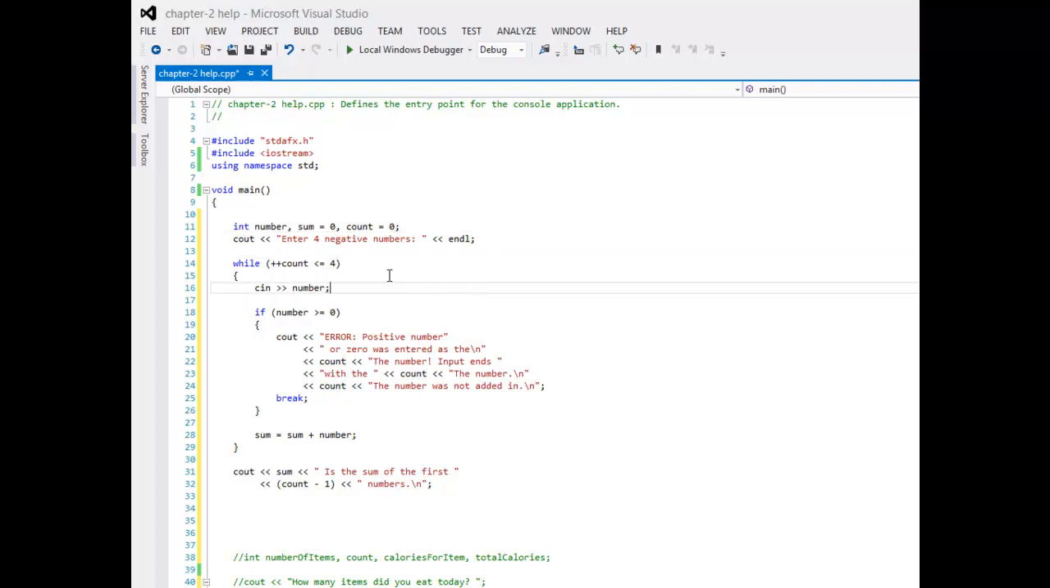So we want to do 4 negative numbers. If a number is less than 0, it gets added. If the number is greater than 0, they're going to get this error message: error, positive number, or 0 was entered as the whatever the count was, and then the number input ends with the number 5, the number was not added in. So that's just really an error message in case I put in a value that's a positive number or 0. And then we're going to add the numbers together, and then we're going to sum that stuff up. So to look at it when it runs,